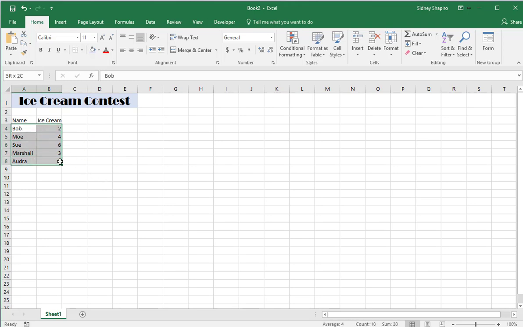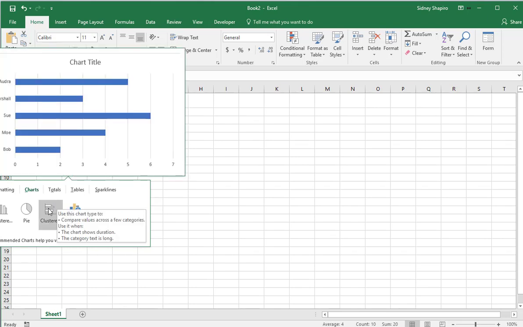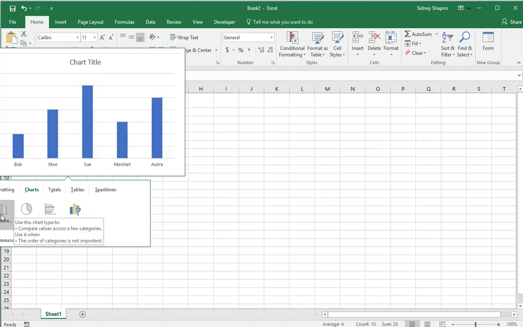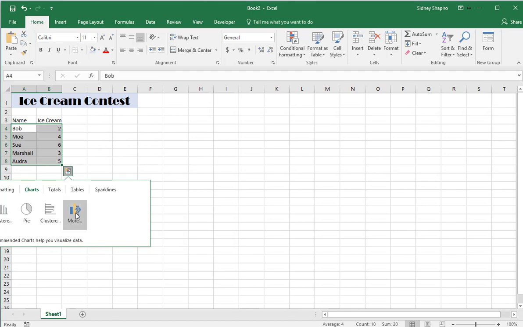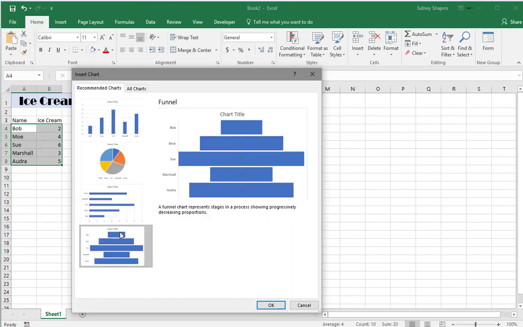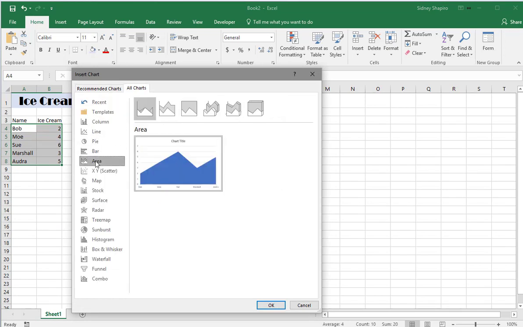First, I'm going to grab the data, click down here for quick analysis, and click on charts. Right away it's going to ask me what kind of chart I want. Do I want a cluster chart? Do I want a pie chart? Do I want a chart that looks like this, a bar chart? And there's many other options. If I press more, I can go down this list and look at all the different options of